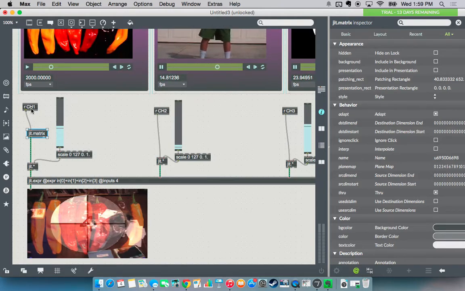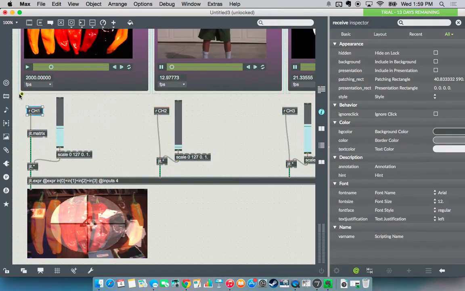But if we're sending a metro into that jit.matrix object, and we have a video file that's sending multiple frames sequentially just from the nature of it being video, then you're basically